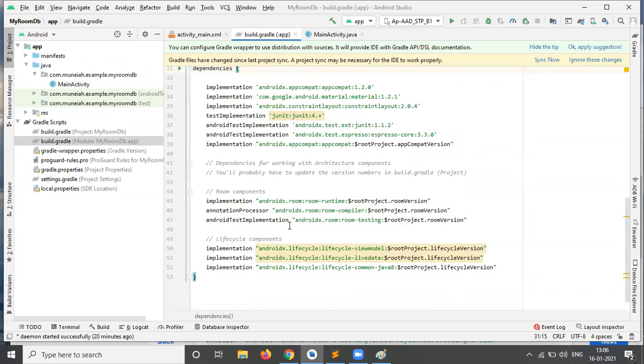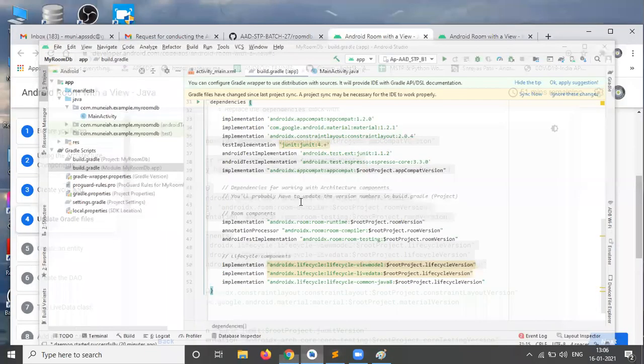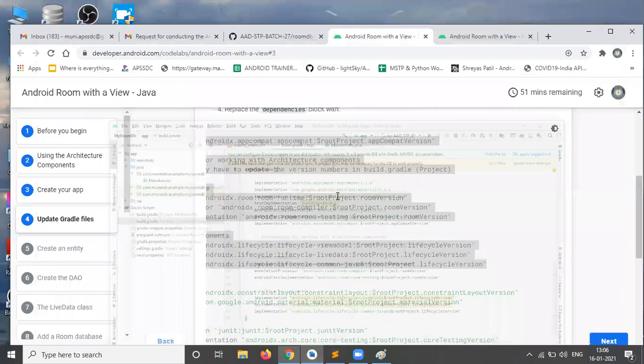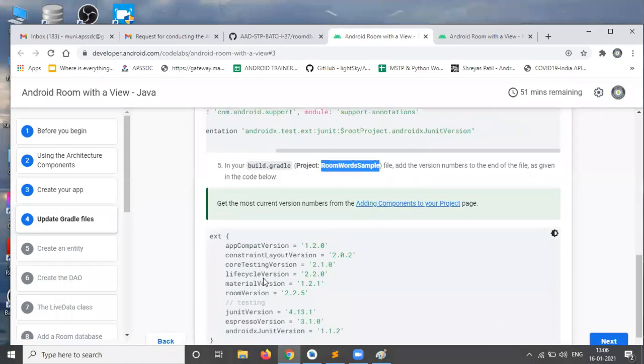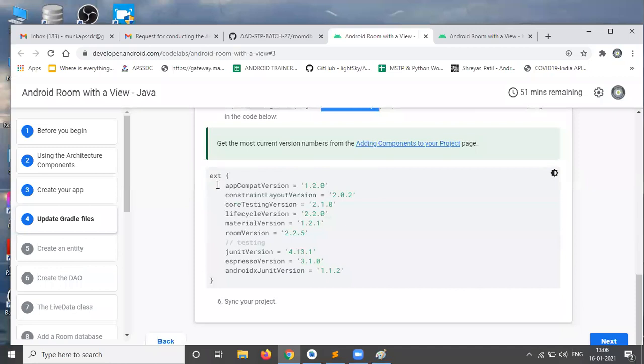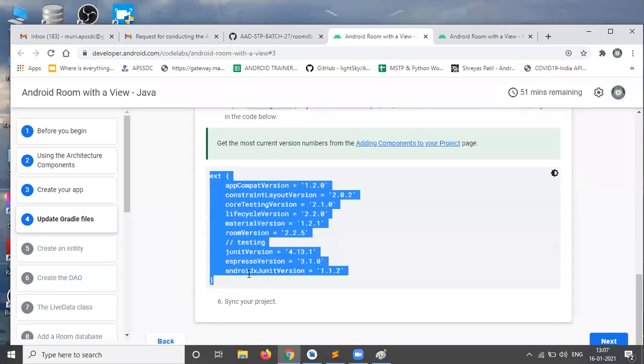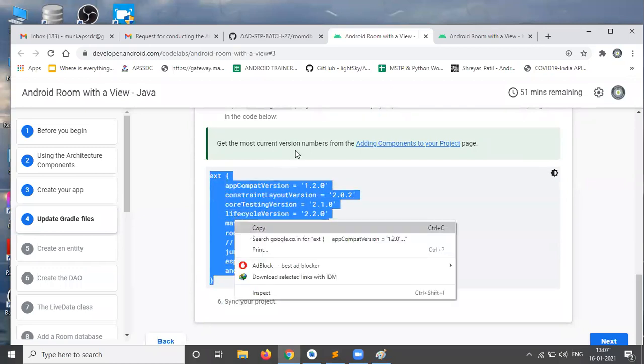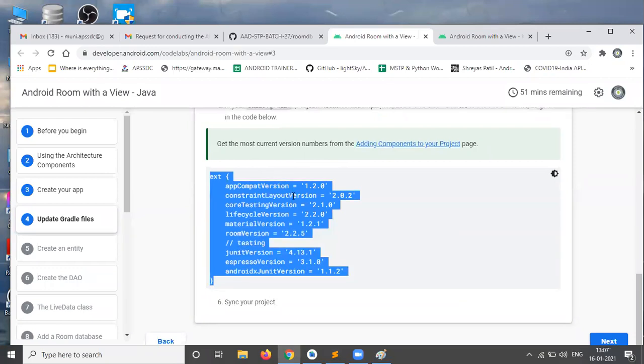Then, let's go to the next step. In the project-level build.gradle file, we need to add these extensions. The ext means extensions. You can just copy this ext block. So where do we need to add it? At the project level. So open Android Studio.